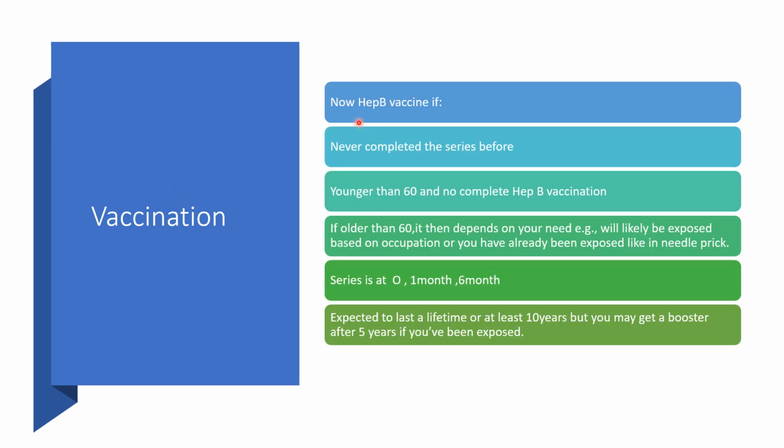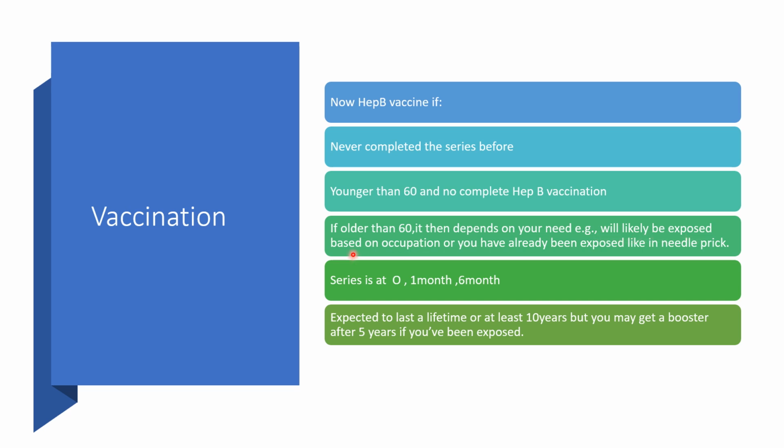Now, hepatitis B vaccine. That would be necessary if you have never completed the series of hepatitis B vaccine and now you are diagnosed with diabetes mellitus. If you are younger than 60 and there's no complete hepatitis B vaccination before now, then you should have it. If you are older than 60, it then depends on your need. For example, you will likely be